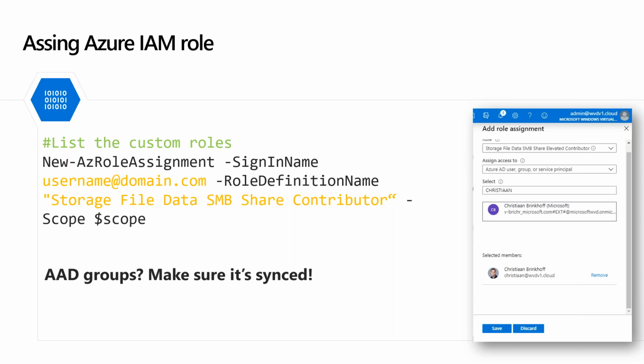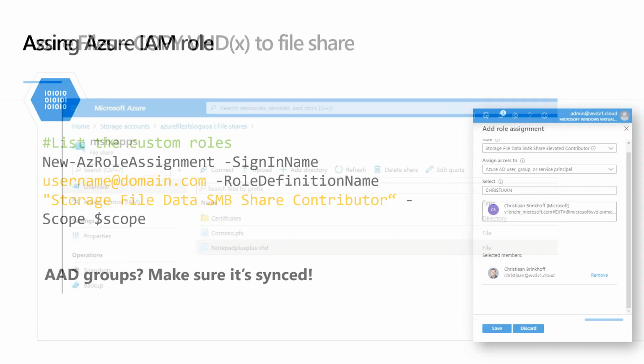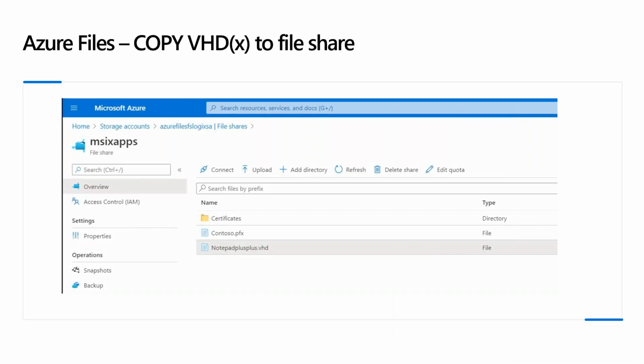You can change the NTFS ACLs afterwards to make it more secure, of course, and you can just set the same ones that we use for other profile solutions, and we give as a best practice for Azure Files on-prem, for example, with the creator owner and all those different sets. And when you're done with it, you can copy your VHDs, your MSIX app attach containers,